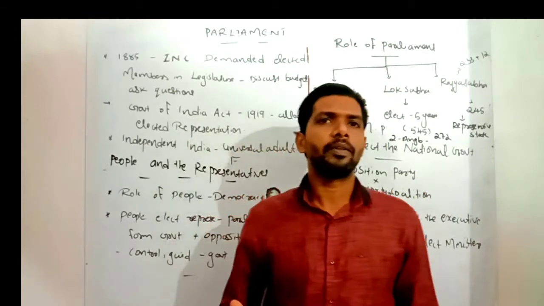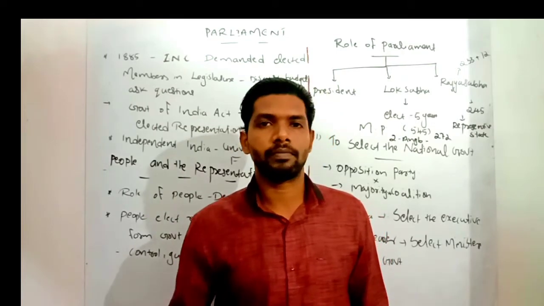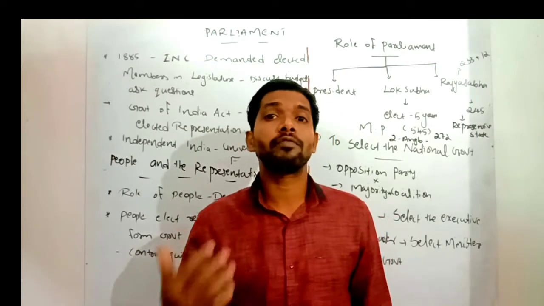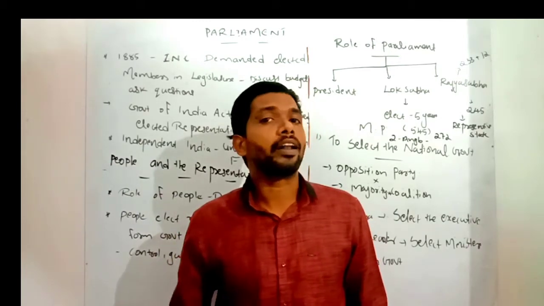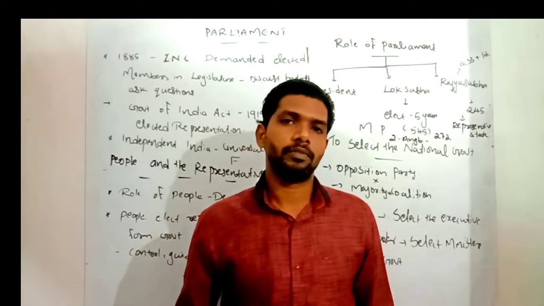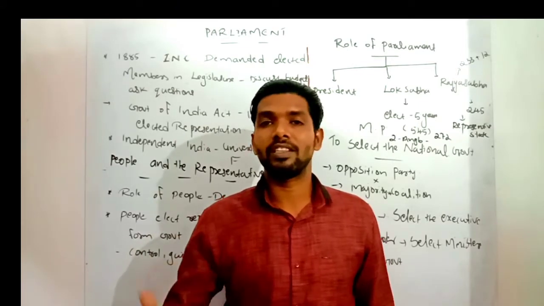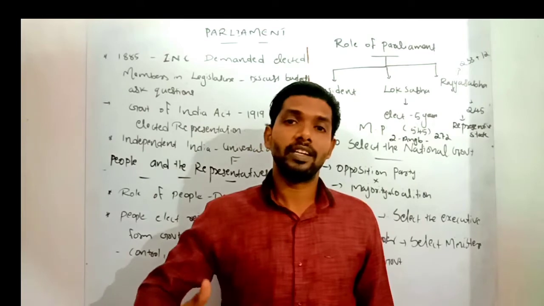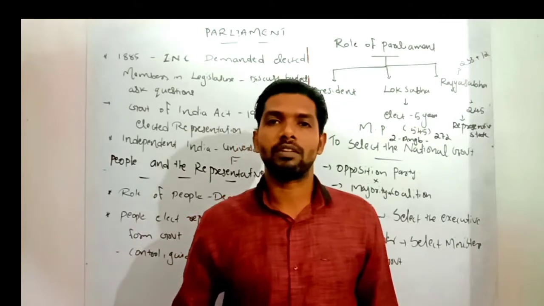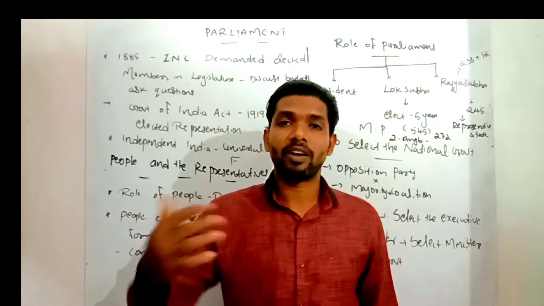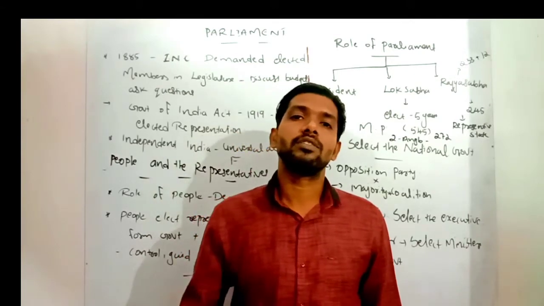As you know, the British East India Company and the British Crown ruled India for almost 200 years. In those 200 years, Indians fought for freedom, fought for getting representation, and fought for adult franchise. In that period, Indians did not have a single right to question the British rule in India. Indians had no right to criticize the British government through an authority, especially a parliament. They had no significant right to representation in their parliament and in their elected administrative body.